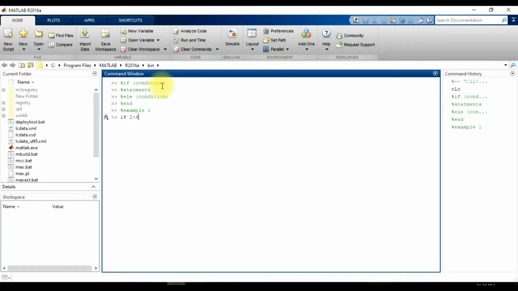Or let's start with 3 greater than 2. Here you must write a statement. Let a be equal to 6,